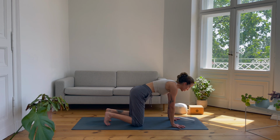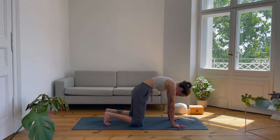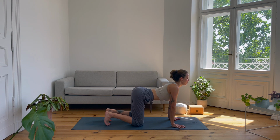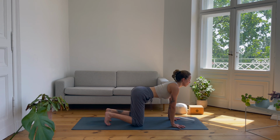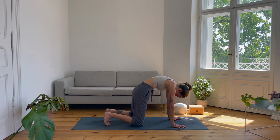Exhale, round the back for your cat stretch, really opening up through the spine. And inhale, drop the belly, open the collarbones, and create a lot of space in the front body. One more like that. Exhale, rounding. Exhaling, curving the back